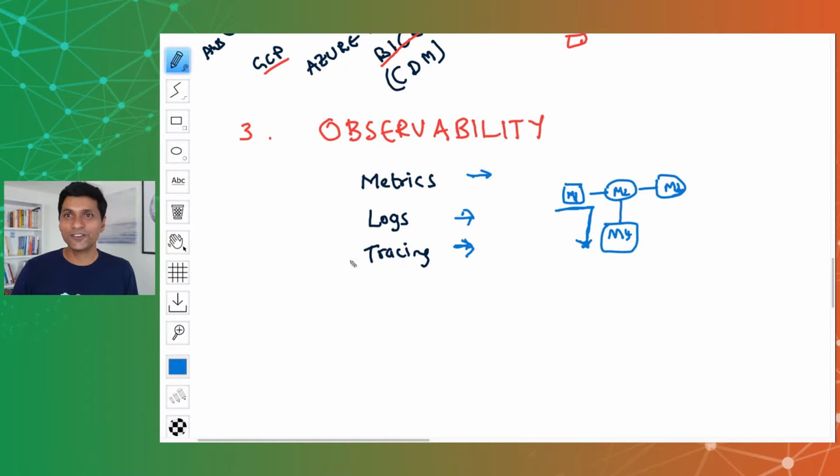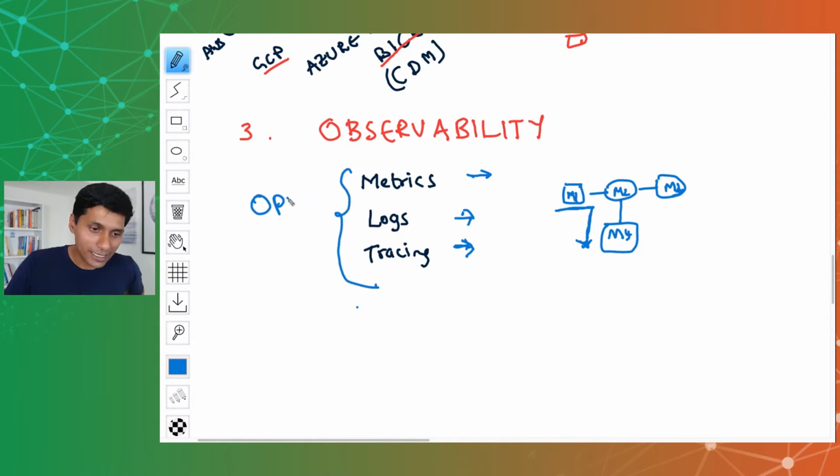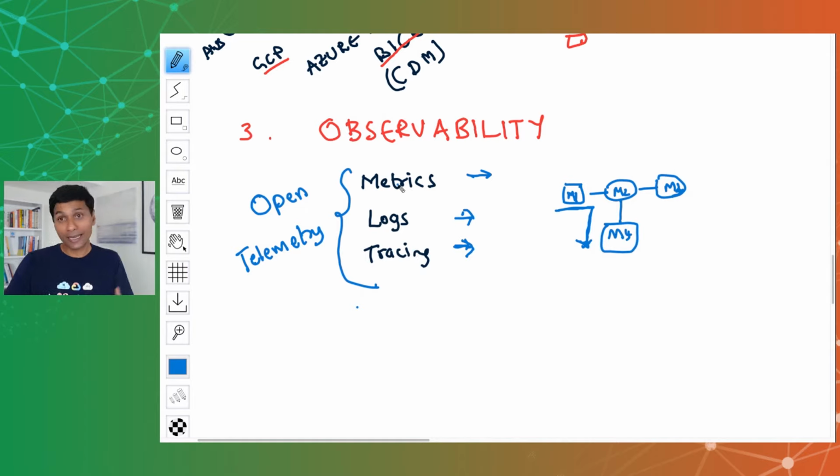But over the last few years, everything has standardized, and almost every cloud provider today adheres to an open standard called OpenTelemetry. So if you want to build good observability into your application, to create metrics, store logs, and tracing, all you need to do today is integrate a library related to OpenTelemetry into your application and deploy it to the cloud platform. And once you do that, the cloud platforms automatically recognize your metrics, logs, and tracing, and they store them in the